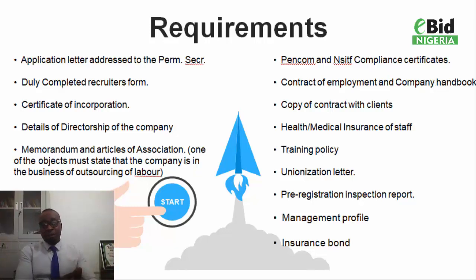It's either you are downloading for the domestic placement or the international. That is your choice. If you really want to do the international, you can do that as well. And then the next thing is that your company must be registered before you can make the application. Then you have your certificate of incorporation, and then the details of the directorship of your company,